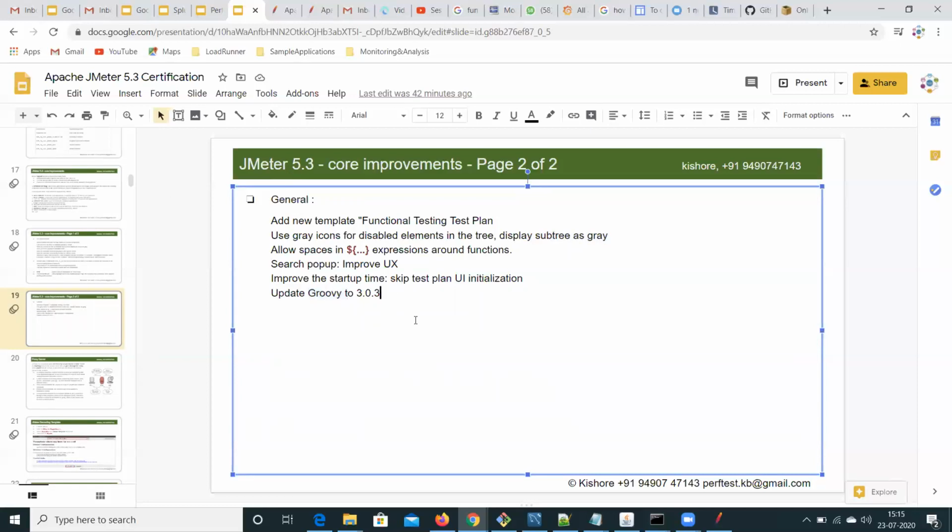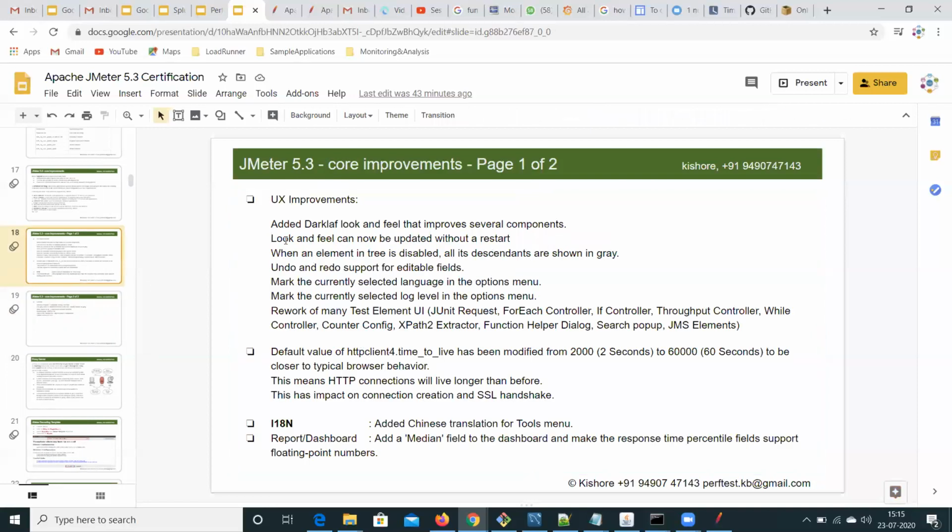Apache always recommends using the latest version of JMeter. So if anyone is still using older versions of JMeter, please upgrade to JMeter 5.3. You need not uninstall the older version, but you can download 5.3 and start using it right away. There are very important, significant and useful features introduced from this particular version. So those who are using older versions, please upgrade to JMeter 5.3.